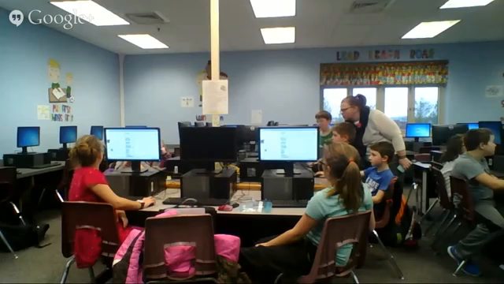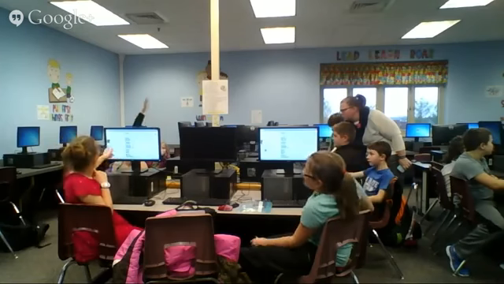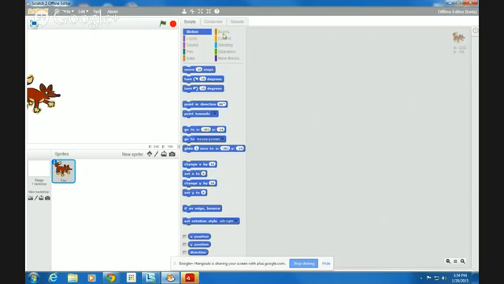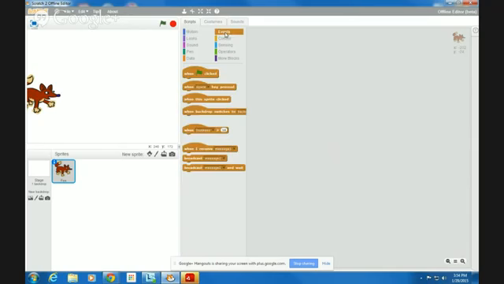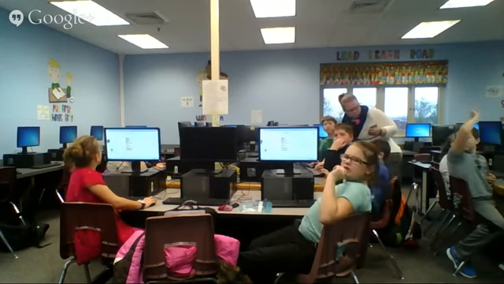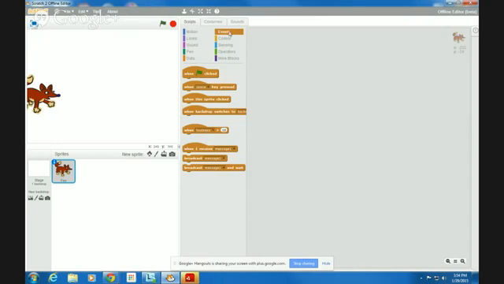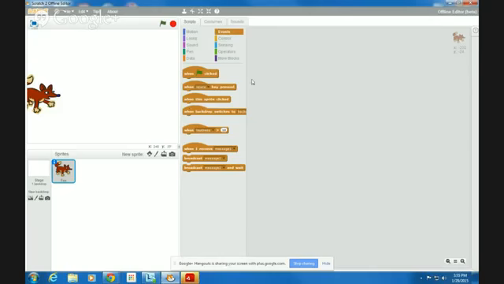Alright, after you're done with that, you're going to want to go into your colors right here that have the words next to them. Then go to the brown events and click on it. After that, you should see a lot of curvy rectangles, little curves on top. Is everybody there? Yes. I heard a no.